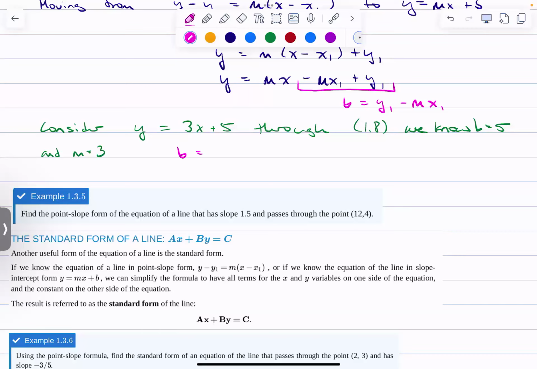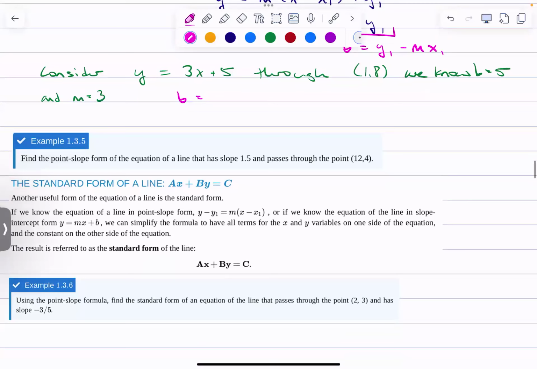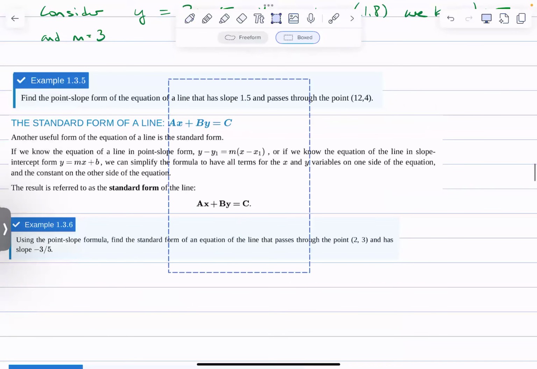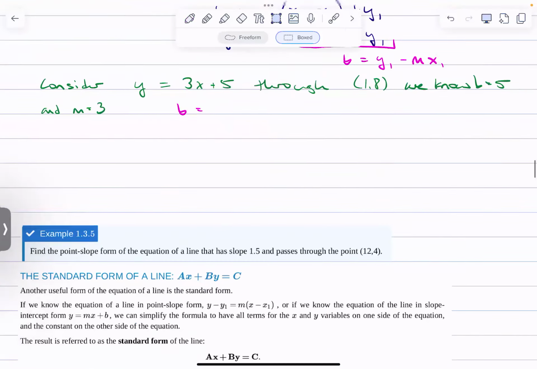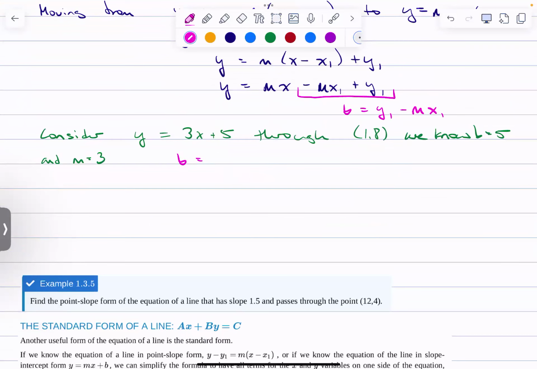B is y1, which is 8. Should do it properly. Just need more room, but not a ton more room. There. If b is y1 minus m times x1,